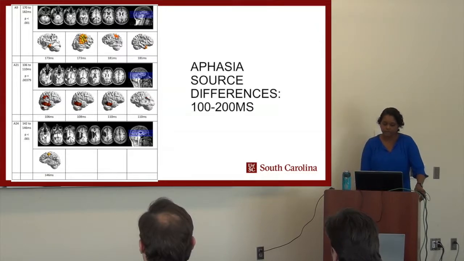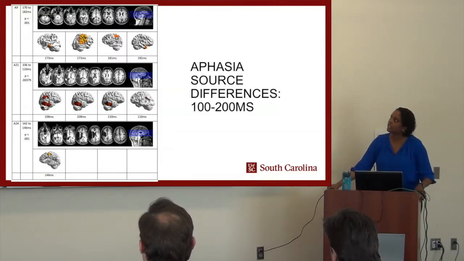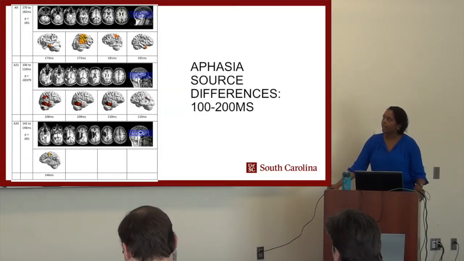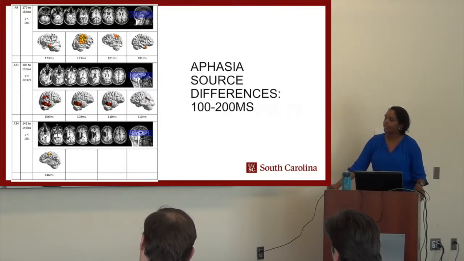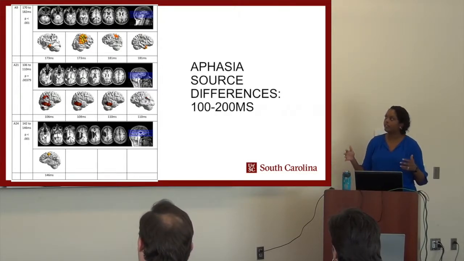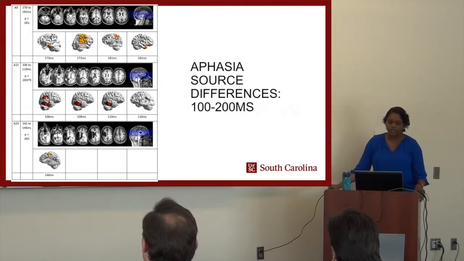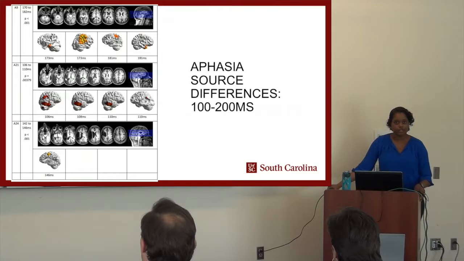So this is very similar to what you just saw. Each row is a different participant, and in the top of the row you'll see the T1 scan, and again the sources, if they're consistent, you'll see one image, and if they change during the time window, you'll see multiple images. So we're really seeing similar sources to controls, although we have much fewer individuals in this group. The sources are often occurring in temporal and parietal regions. However, we are seeing this happen in the right hemisphere more often, which may be expected as a result of the lesions in this group.